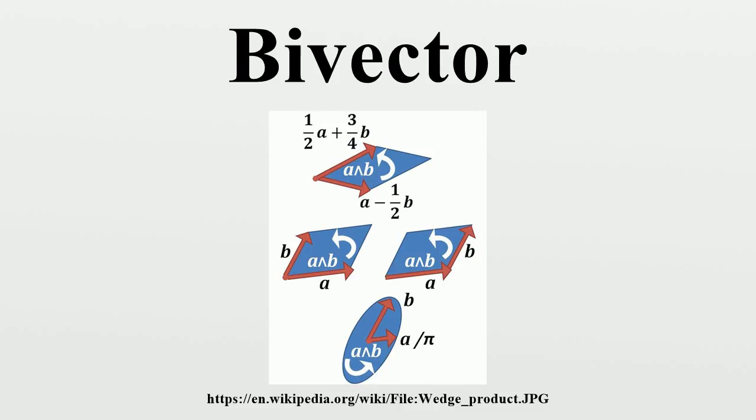Given two vectors A and B, their exterior product A∧B is a bivector, as is the sum of any bivectors. Not all bivectors can be generated as a single exterior product. More precisely, a bivector that can be expressed as an exterior product is called simple. In up to 3 dimensions all bivectors are simple, but in higher dimensions this is not the case. The exterior product is antisymmetric, so B∧A is the negation of the bivector A∧B, producing the opposite orientation, and A∧A